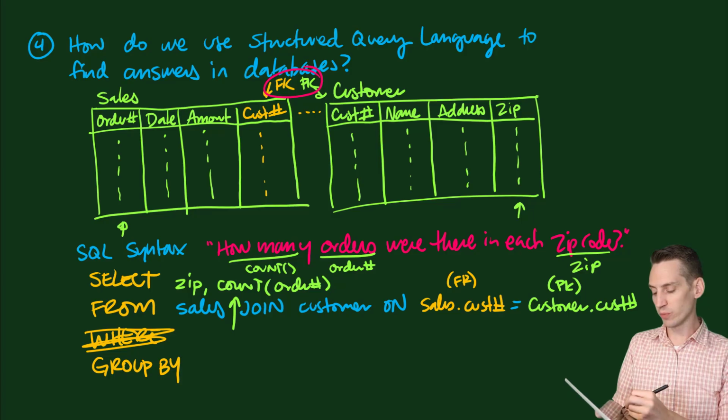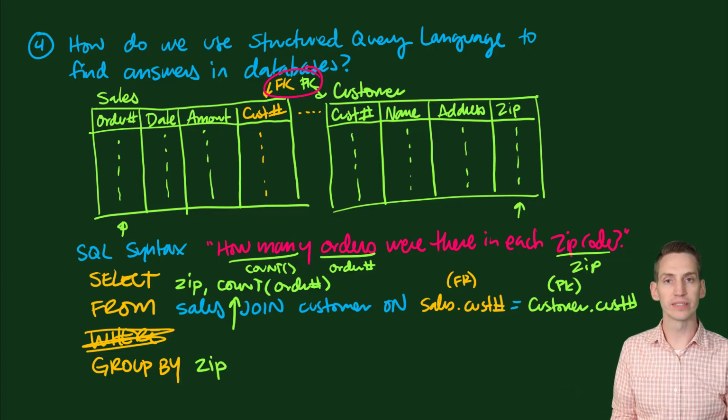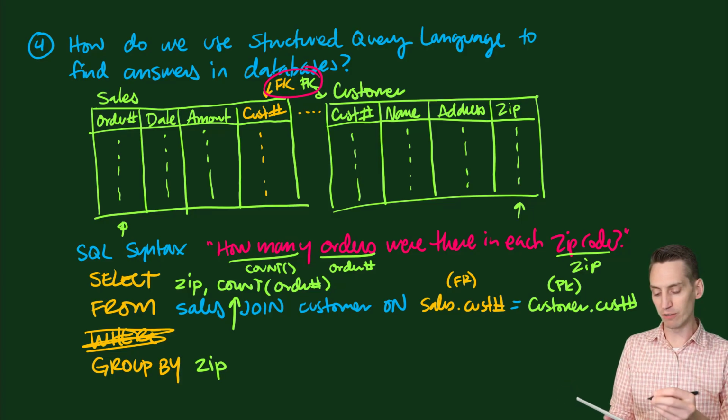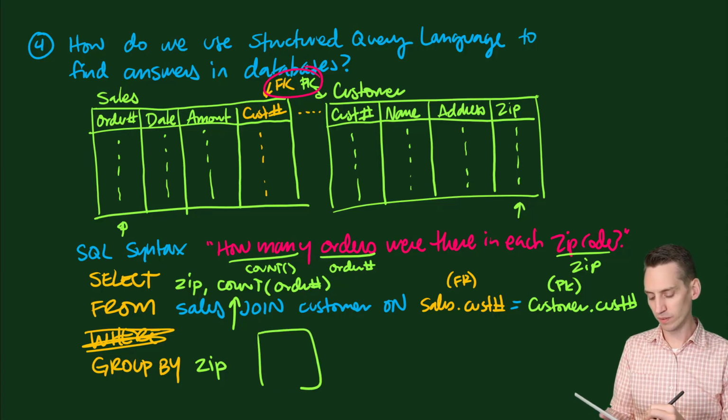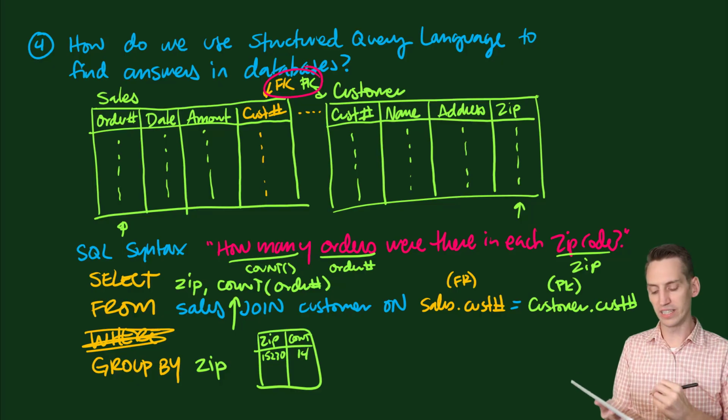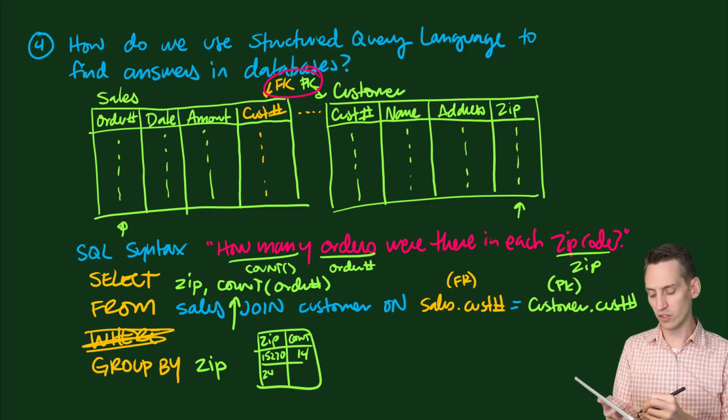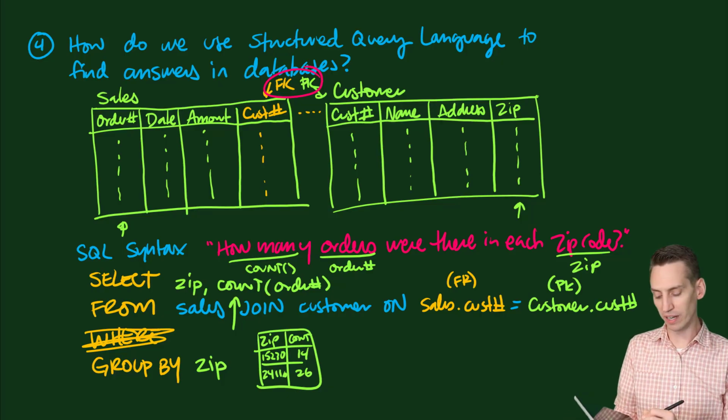So I'm going to say I want to group that by zip code. That means that my resulting table will show two columns. I'll have the zip and I'll have the count. So I may have 15230 and 14 orders. 24116 has 26 orders, and so forth. So this is what my resulting table